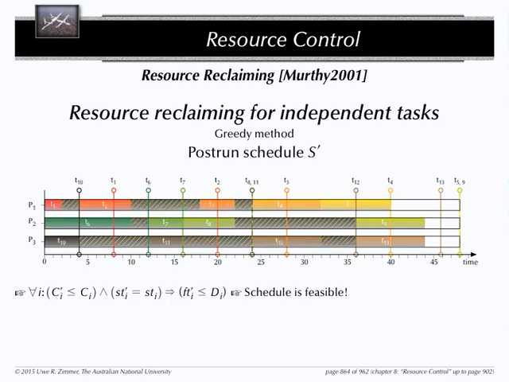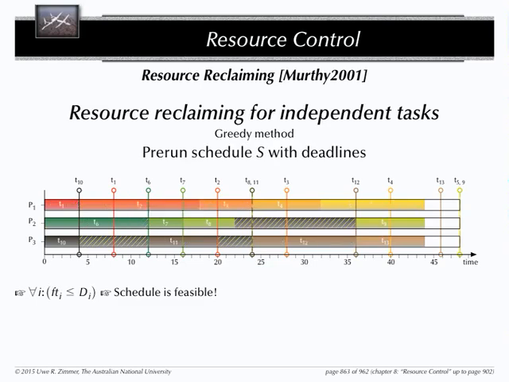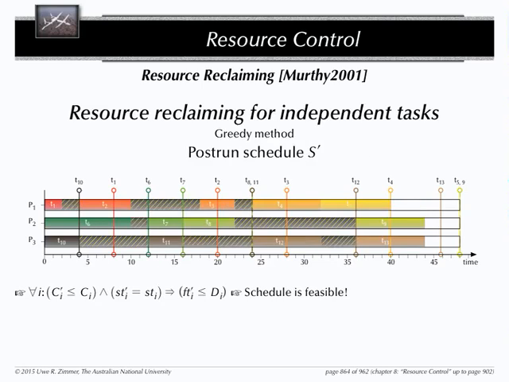Post-run schedule. The difference between the pre-run schedule and the post-run schedule is just shorter execution times. But we kept all the start times on the same spot. Does that violate schedulability? No, obviously not. Nothing bad happens there. We keep all of them on the same spot. You're not convinced?